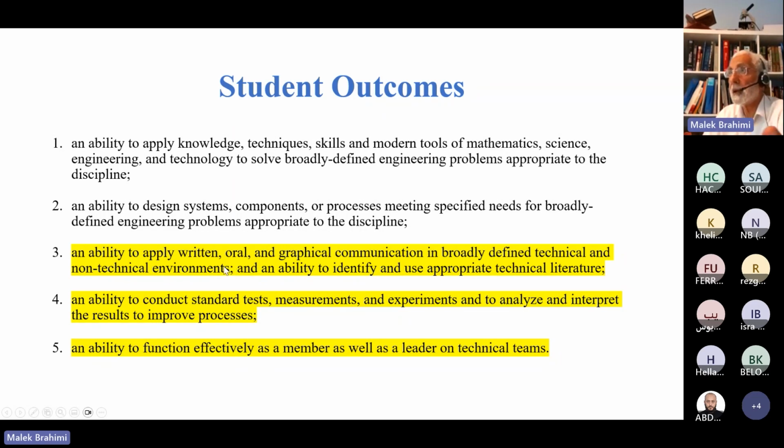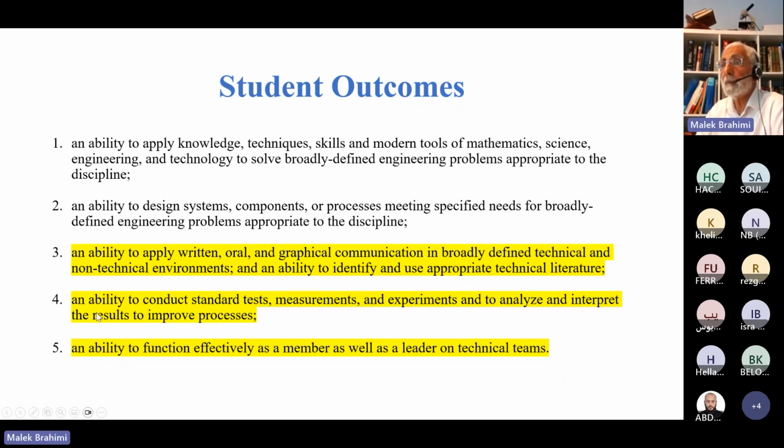But in the lab, which is a course in the university, in your program, you see your ability to apply communication: how you speak, how you write, how you do graphics. Graphics is also a type of communication, and all this is present in